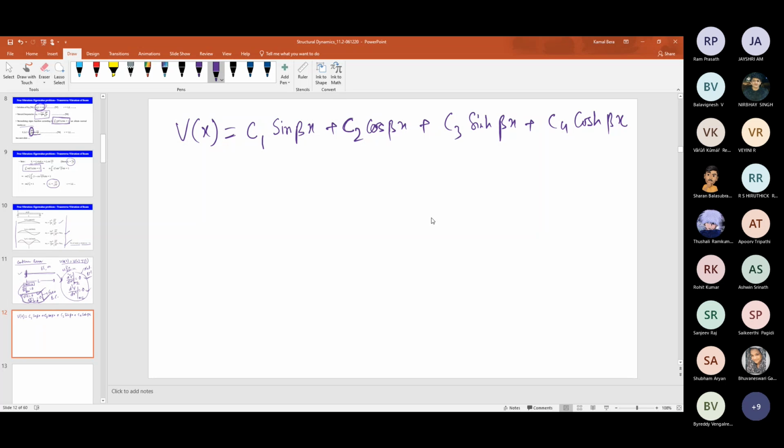Yes, tell me what is the first expression by applying the boundary condition. The first two expressions are very simple, right? What are the first two equations basically? C2 plus C4 equals 0. And the second one, C1 minus C3 equal to 0. C1 minus C3, sure. So from this I will get C4 equals minus C2. Just this one you check.